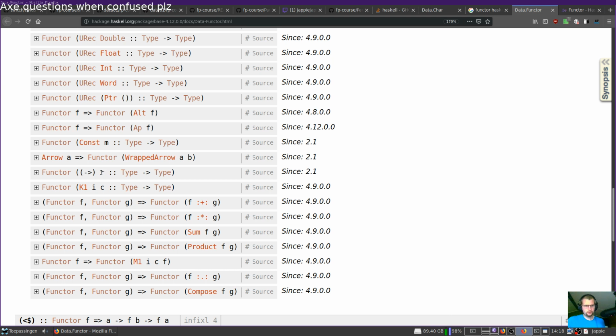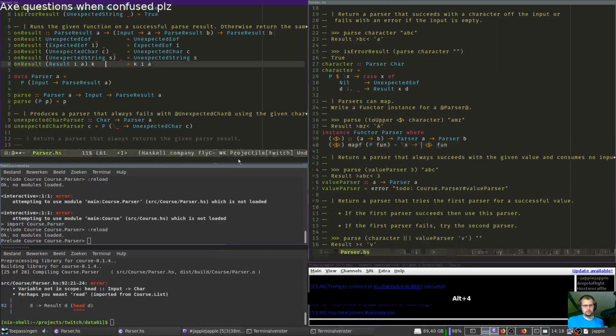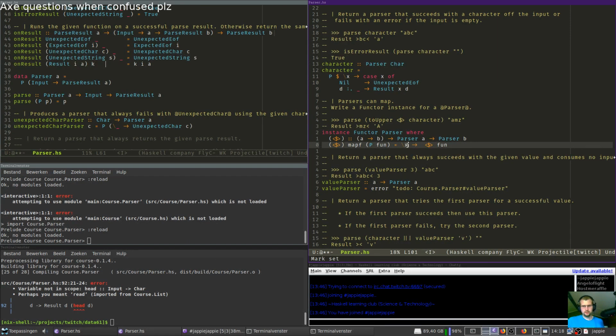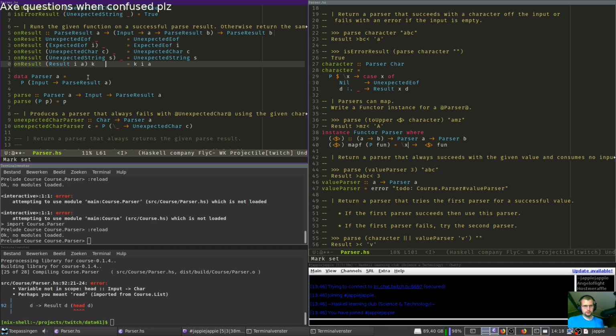So the first argument of function arrow is, yeah, right, because it's in prefix notation, which means we can map over the second one. Which is this then. So this will be the parser, or the pass result.